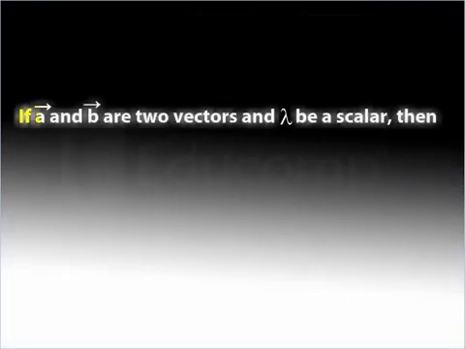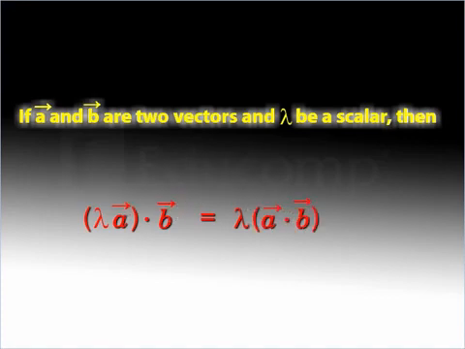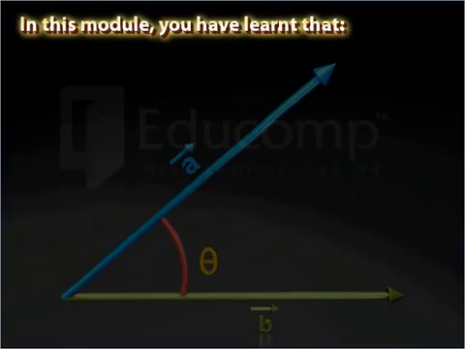Next, if A and B are two vectors and lambda is any scalar, then the dot product of lambda times vector A and vector B is equal to lambda into dot product of vectors A and B, which is further equal to dot product of vector A and lambda times vector B. In this module, you have learnt that